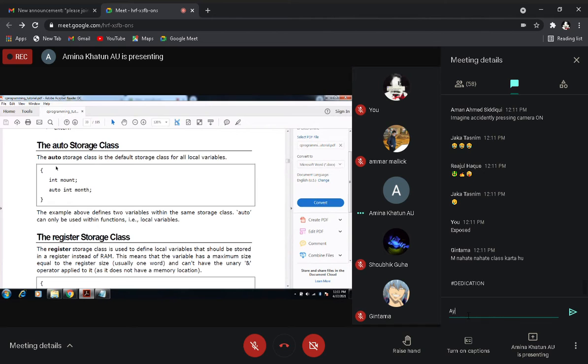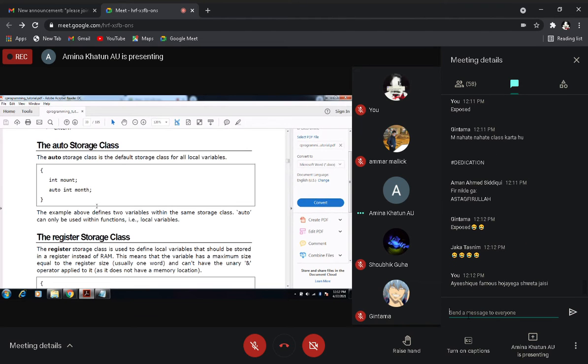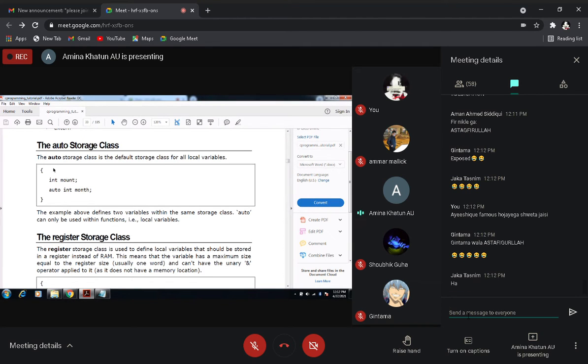Suppose we have taken the variable mount. This is integer type. Next we have taken the auto keyword. For auto storage class, the keyword auto is used. So auto int. So here you can see two variables, and the storage class of both variables is auto. Here you can see we have not used the auto keyword, but by default it is auto storage class.